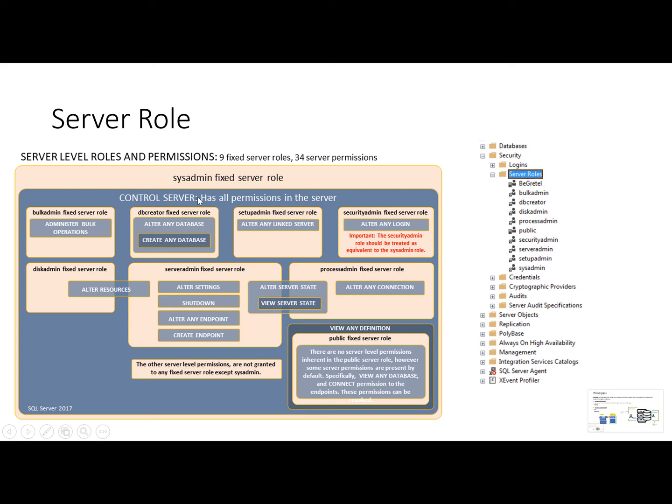The sysadmin can do anything on the server. Then there are the other roles. This is the bulkadmin role, which can perform administrative bulk operations, and the dbcreator role, which we have just discussed. There are also the setupadmin role, securityadmin role, diskadmin role, and serveradmin fixed server roles.